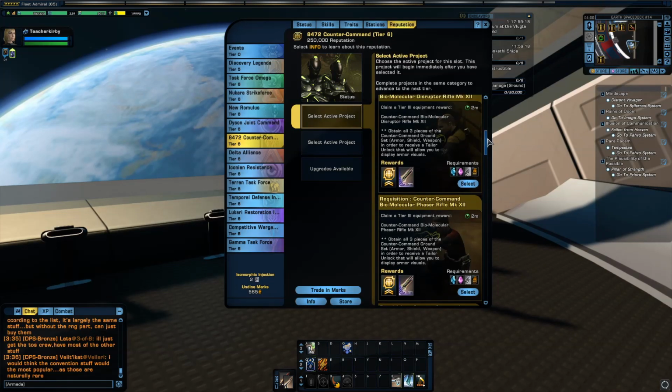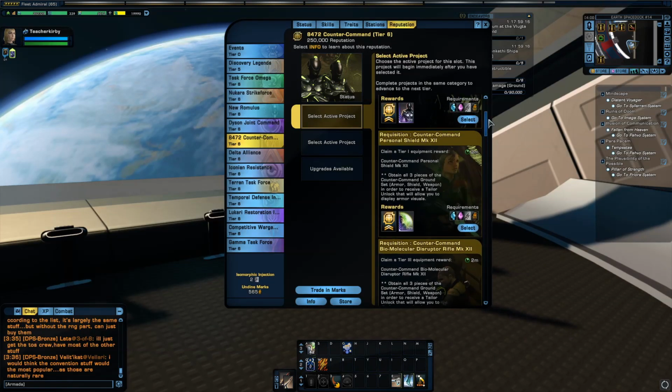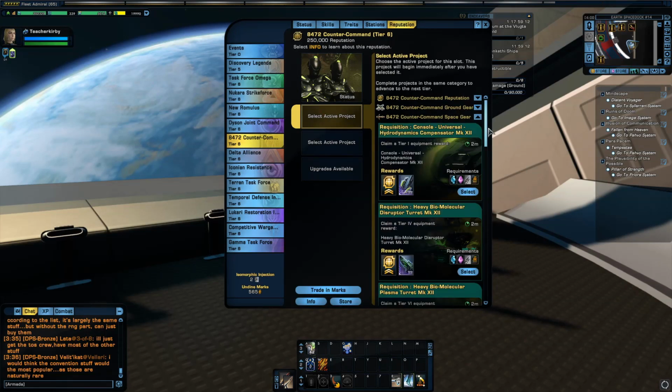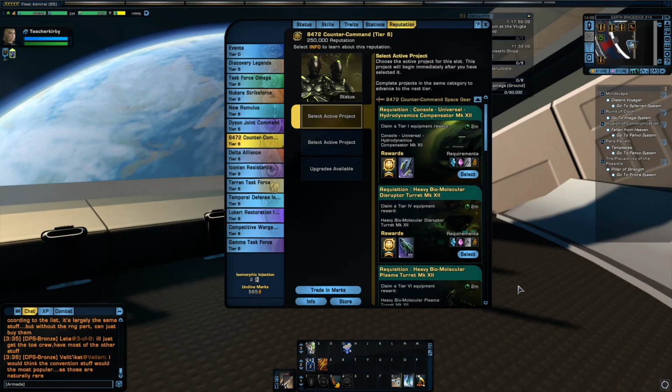Alright, moving right along, and I'm gonna go up and just close. There we go. Now we have our space items. First thing I want to stress is that there is one that is not going to be listed here that is a set piece that is called the Counter Command